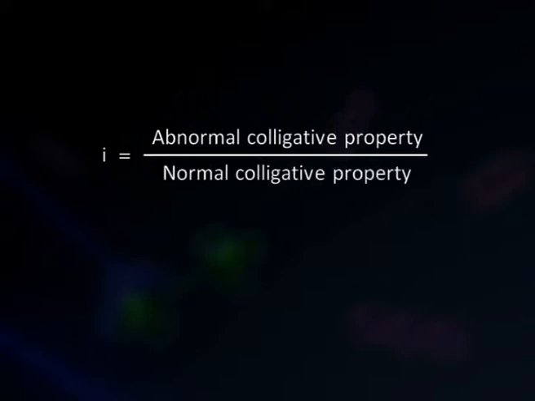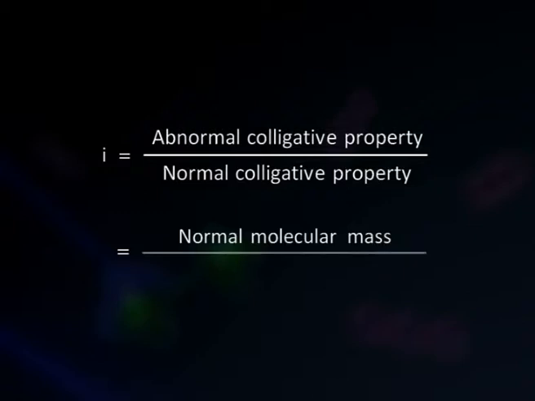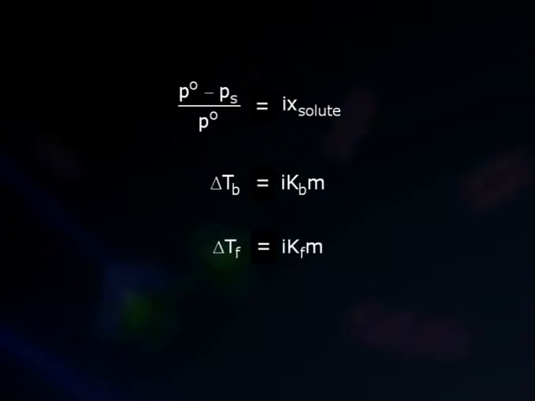Van 't Hoff factor i is equal to abnormal colligative property upon normal colligative property, which is again equal to normal molecular mass upon abnormal molecular mass. Now, relative lowering in vapor pressure will be equal to Van 't Hoff factor into mole fraction of solute. Elevation in boiling point will be equal to Van 't Hoff factor into molar elevation constant into molality of the solute. Depression in freezing point will be equal to Van 't Hoff factor into molar depression constant into molality of solute,